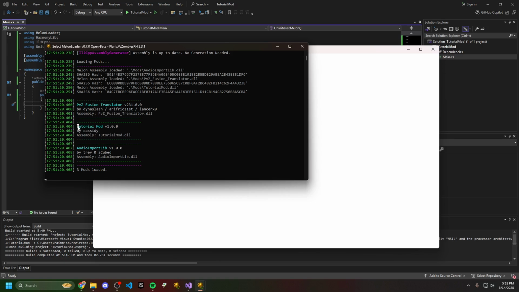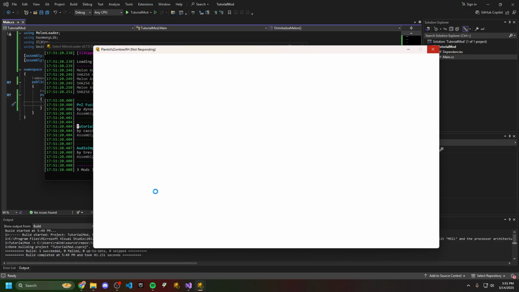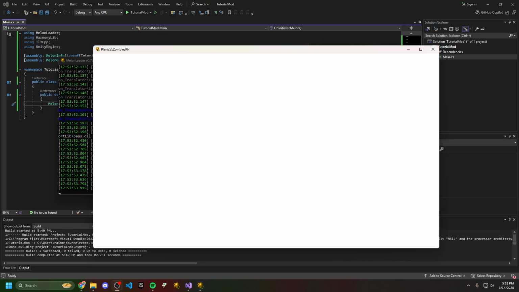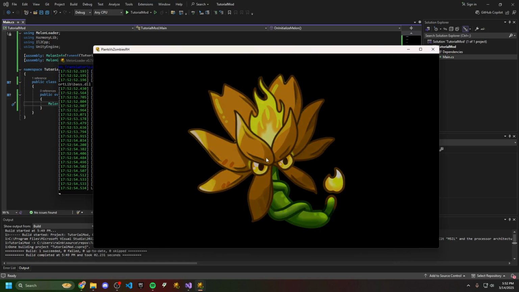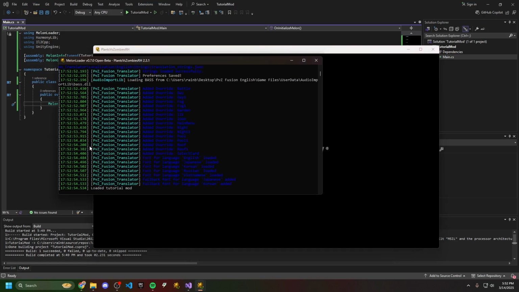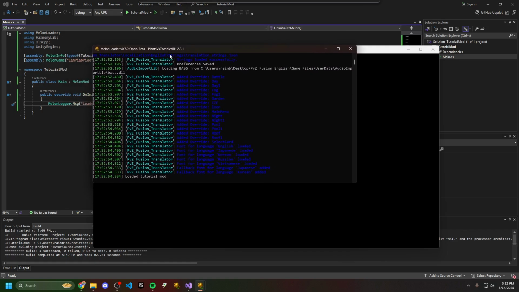So we know that the game loaded in, but I want to make sure that it actually runs the code. So I'm going to wait for this to load. I don't know why it's taking so long to load. I think it's because this is a new copy that I just copy and pasted, so we'll see. Okay, so I ended up just reopening the game because it froze on the white screen for some reason. Now, as you can see right here,